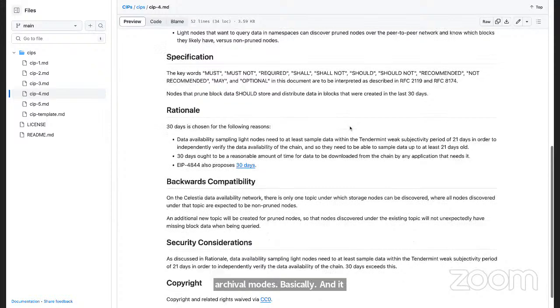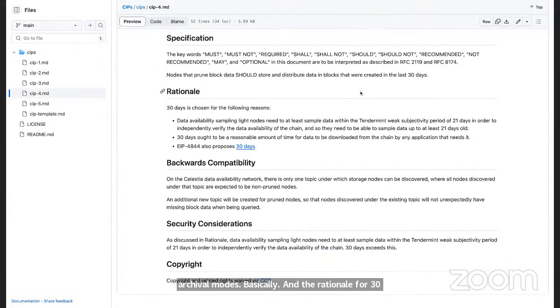And the rationale for 30 days is because it's longer than the 21 days unbonding period for Tendermint, or the weak subjectivity period for Tendermint. And the data availability sampling nodes need to at least sample data within the weak subjectivity period to independently verify the data availability of the chain.